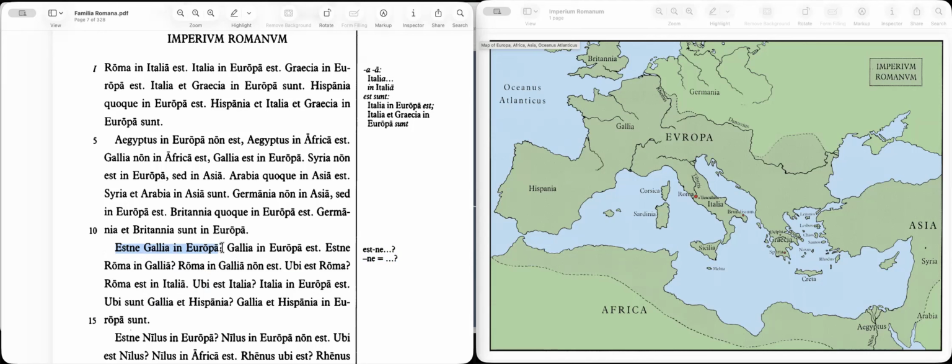So right now, the only two verbs we have are est and sunt. Now, next chapter, we're going to get a whole bunch more useful verbs. But right now, we're trying to keep things simple. So estne means is, question mark. Suntne would be, and in fact, okay, in scripture,